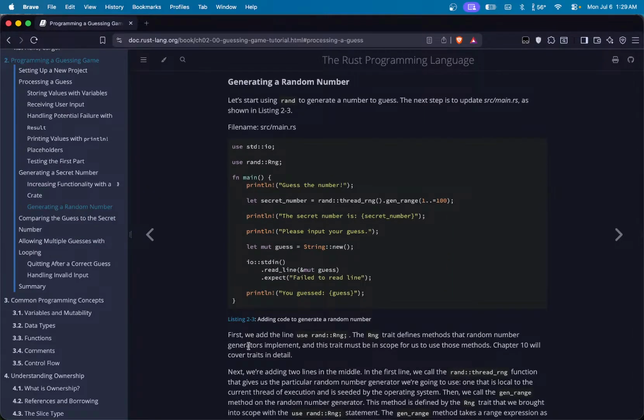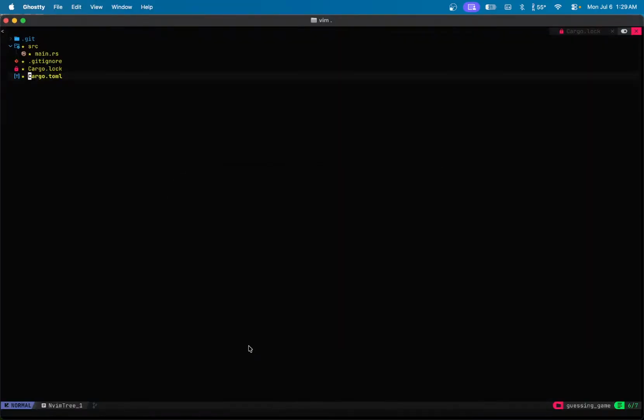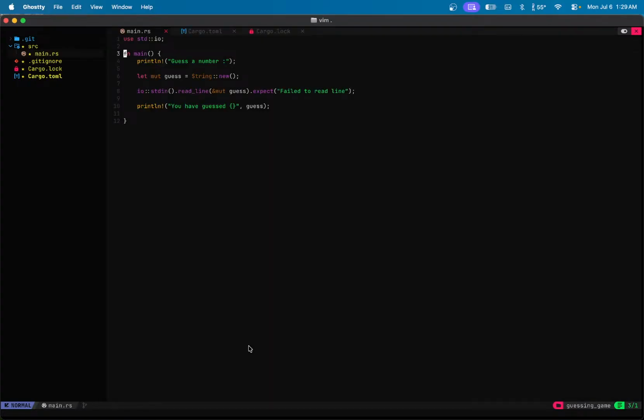Alright, the next section, generating a random number. I have imported rand. Okay. So the thing is,